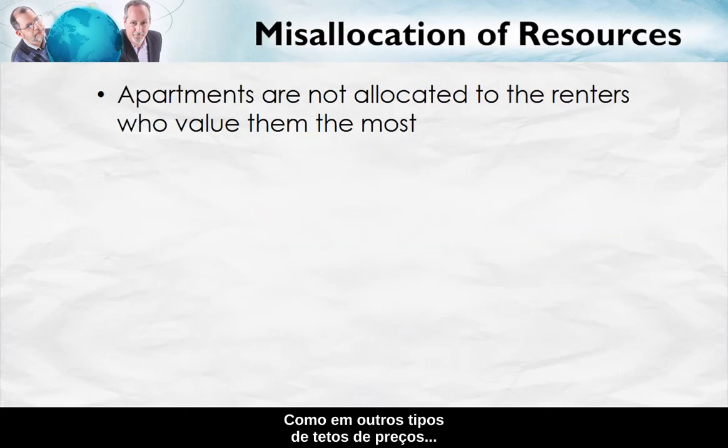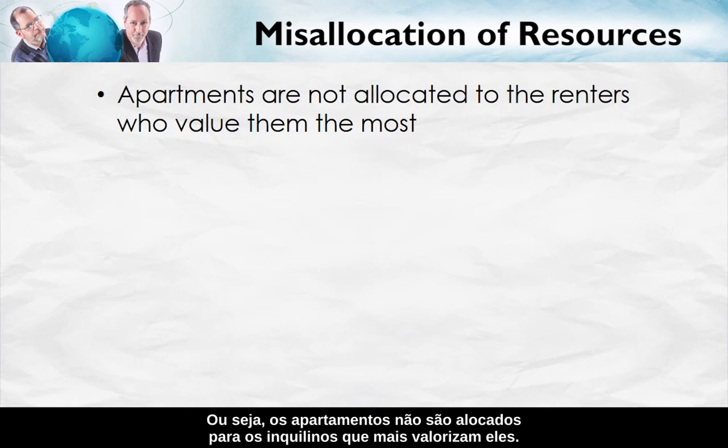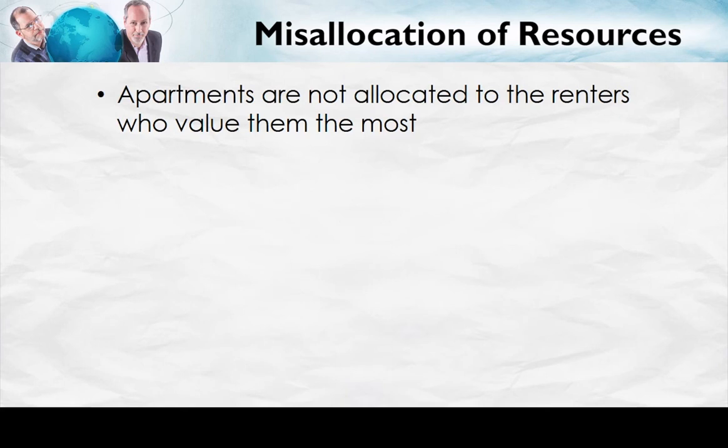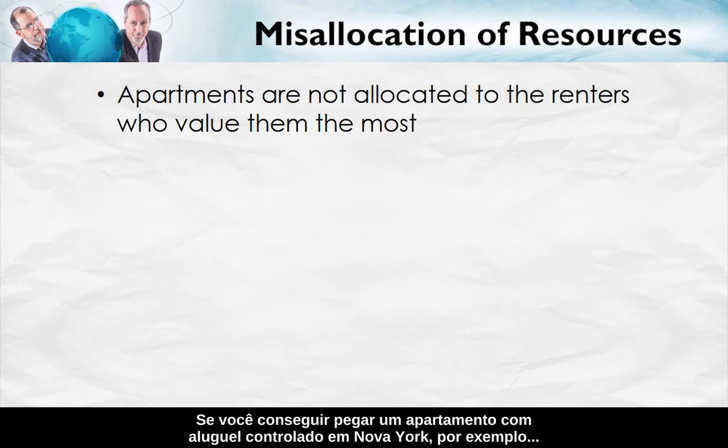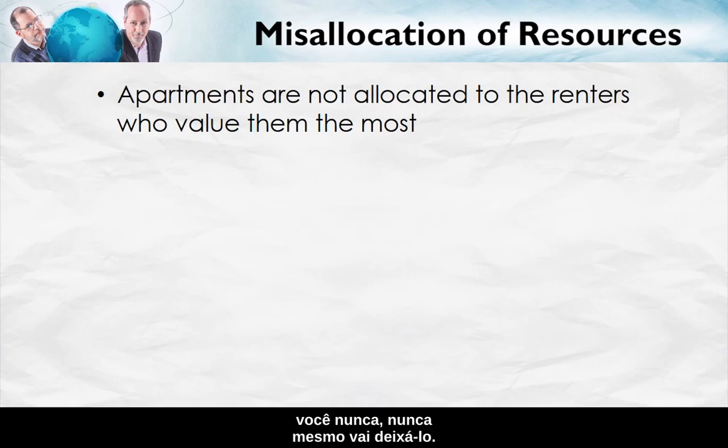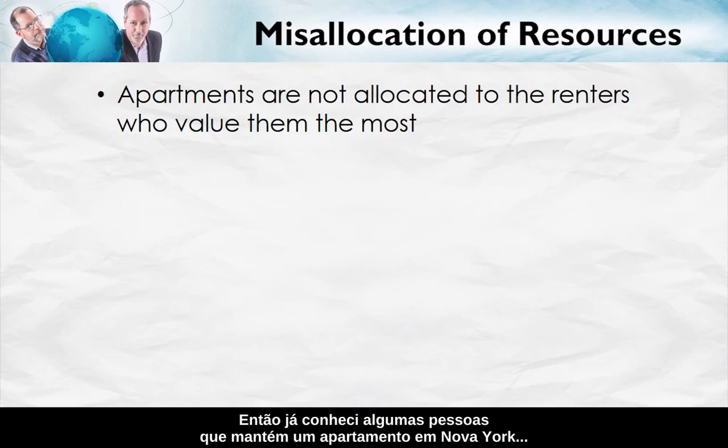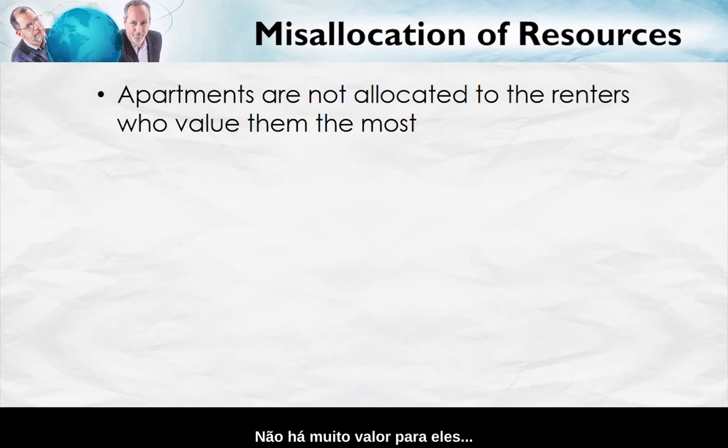As with other types of price ceilings, rent controls create a misallocation of resources. That is, the apartments are not allocated to the renters who value them the most. If you ever get control of a rent-controlled apartment in New York City, for example, you never, ever, ever give it up. So I've known some people who keep an apartment in New York City just as a vacation home. Just for the summer, they go there occasionally. It doesn't have a lot of value to them, but the price is so low that it makes sense to